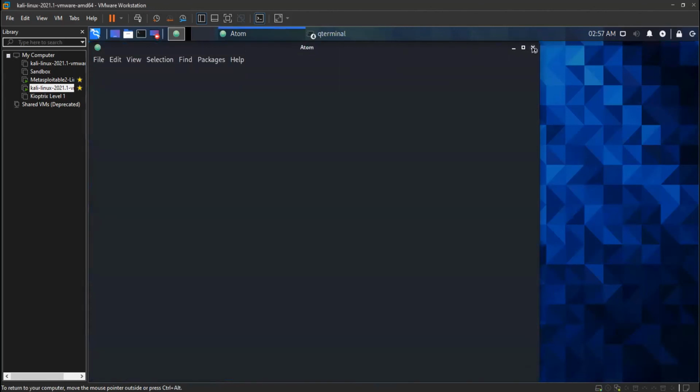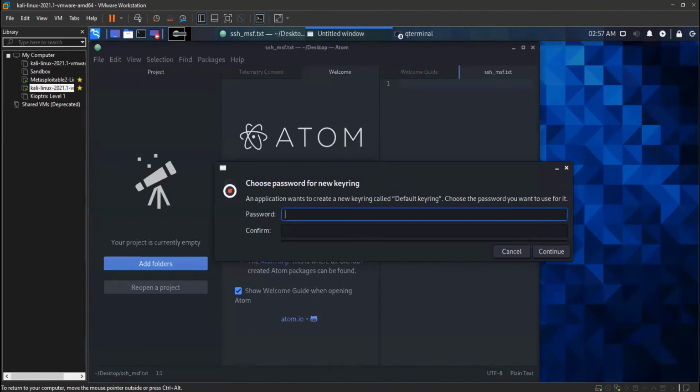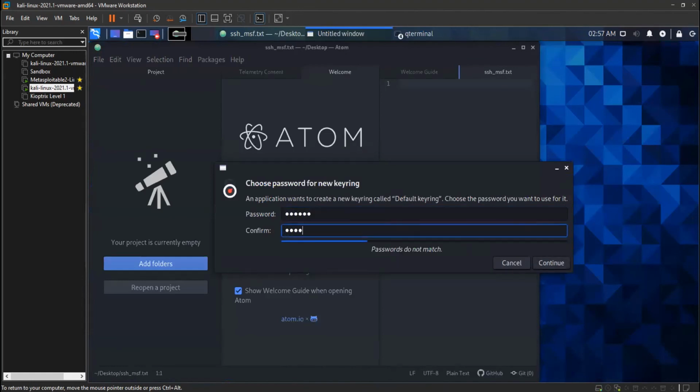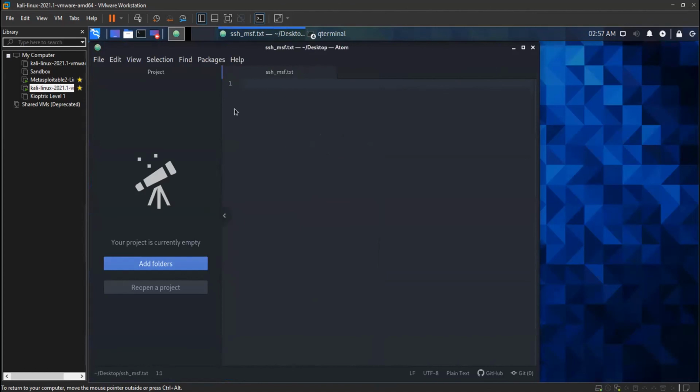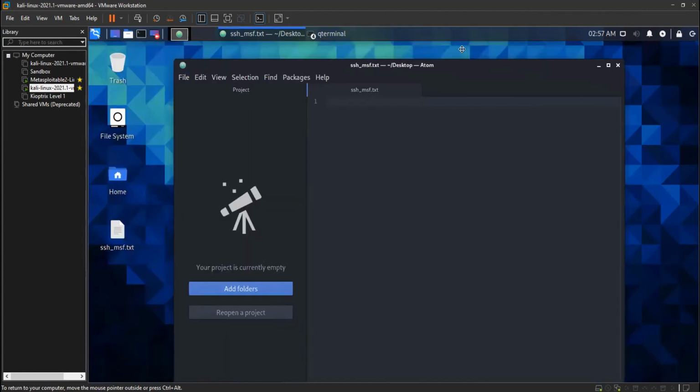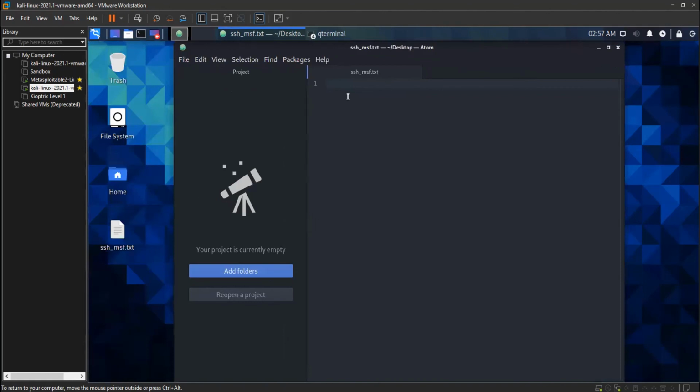It's opened using Atom. Just a second. Okay, let's just ignore it. Open using Atom, but you can use other text editors as well.